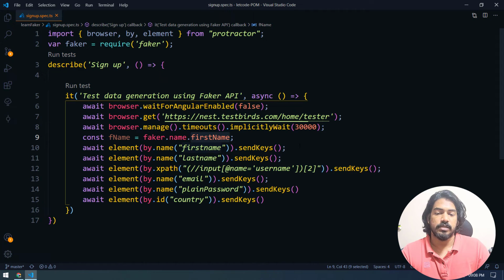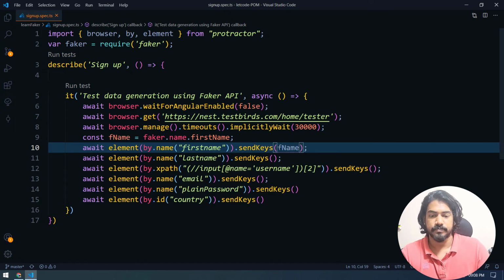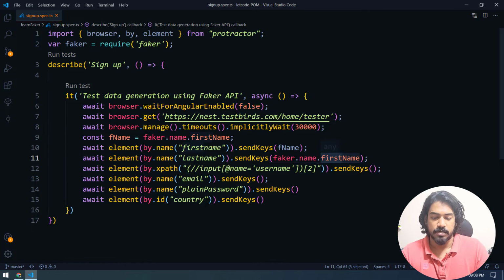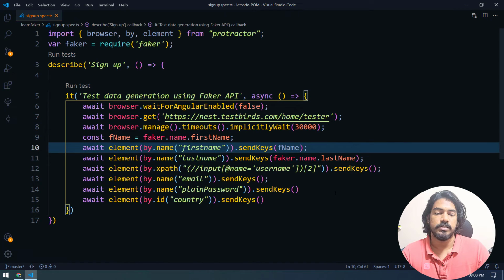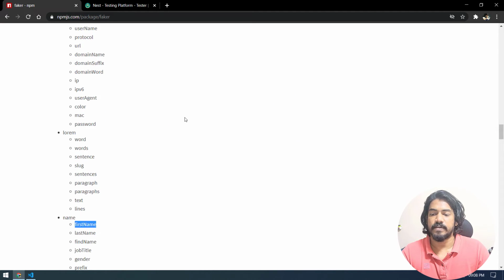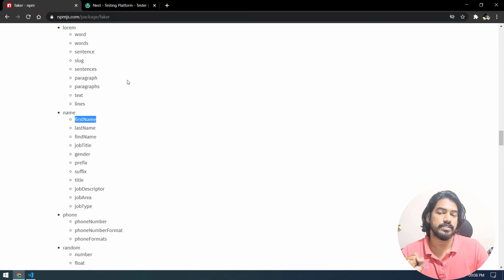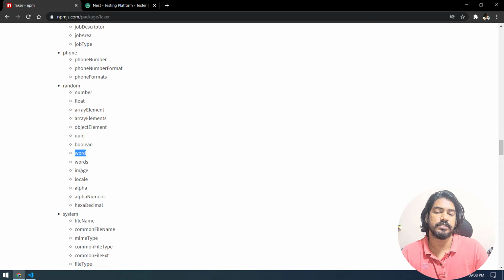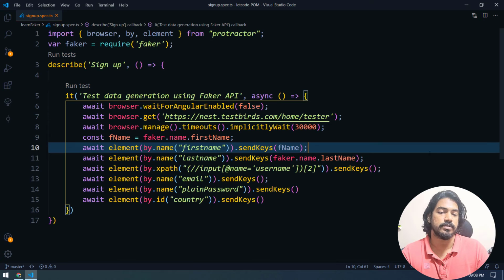Okay, so now let's go and type this one, so fname, and then I'm just going to copy this and pass it here, and it should be last name, yes. And here what we have to pass is a username, right? I don't think we have something called username here, and username should always be unique. So what we can do is take some name like first name or last name, and then probably, or else I can use this random. Random in the sense we will get some random words, some alphanumeric characters. So I'm going to use this alphanumeric, so let's use this one.